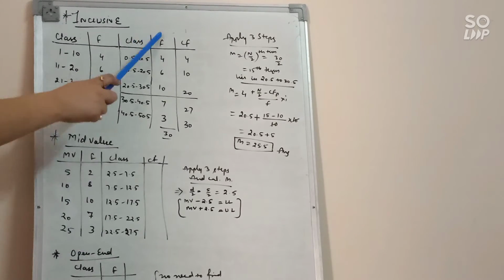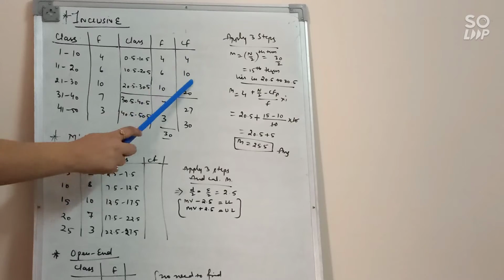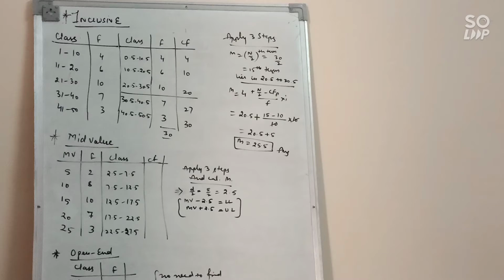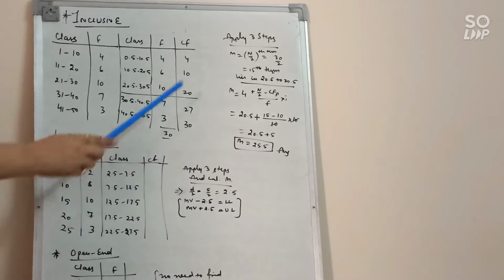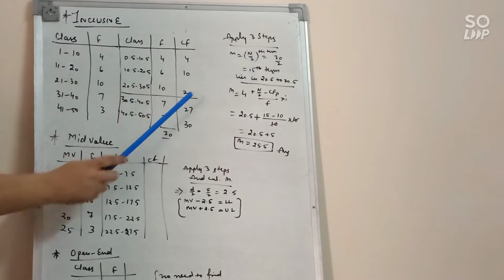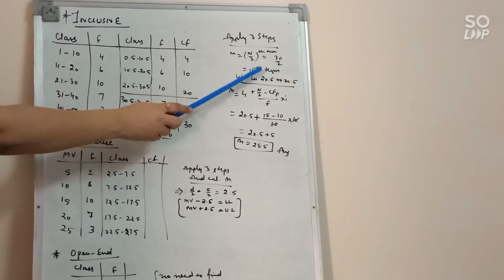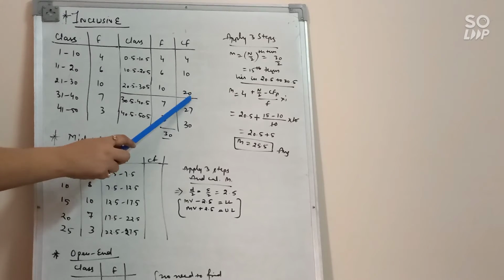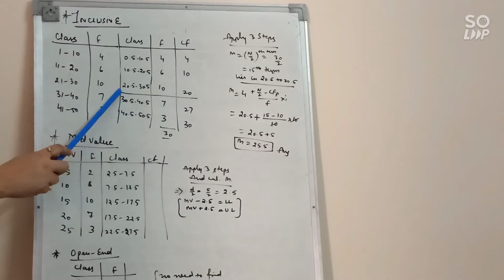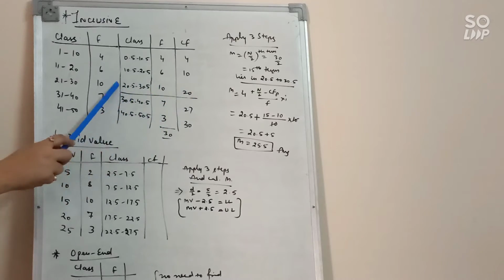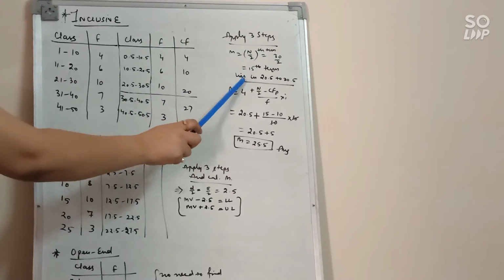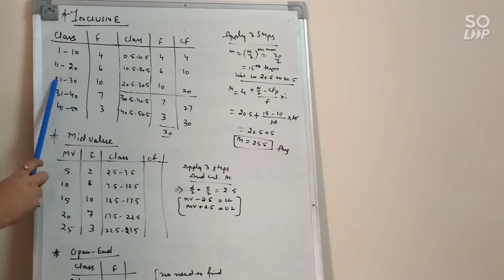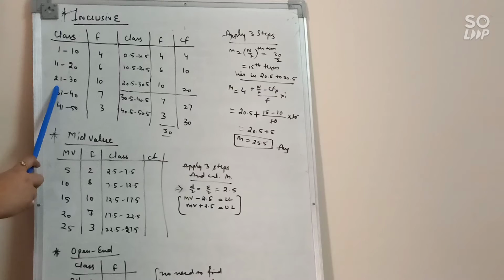So let's see, frequency is given, you can calculate cumulative: 4, 10, 20, 27, 30. So we have cumulative frequency. First step is done: arrange the series and calculate CF. Second step, m is equal to size of n upon 2 term. So n is 30, 30 divided by 2, 15th term we have. So 15th term, we will check in the CF, which class it lies in. So this class we have selected. This is the class which is selected for the median. So the 15th term lies in 20.5 to 30.5. You cannot take the other class, otherwise the answer will be incorrect.